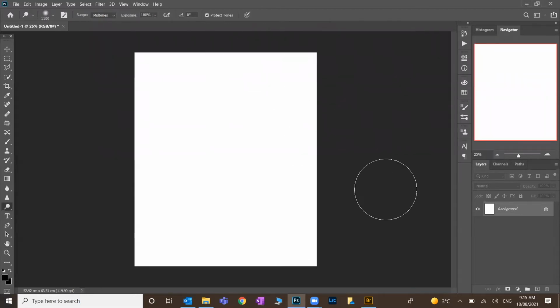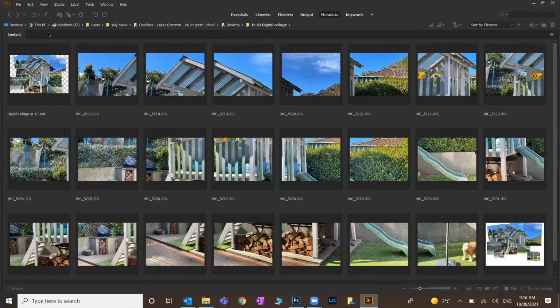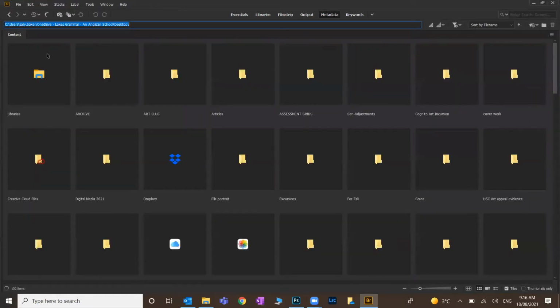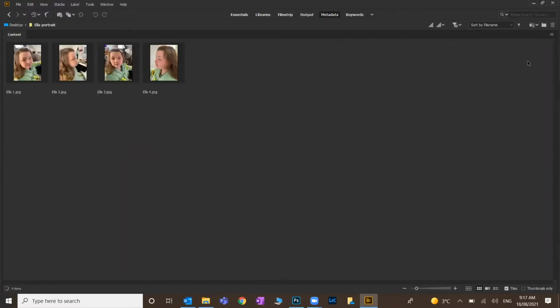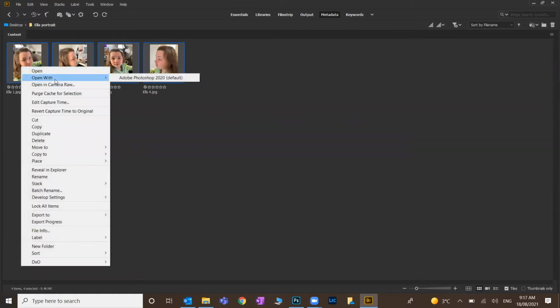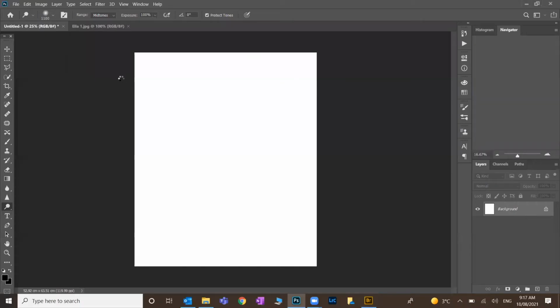So now I'm going to open up the images that I'm going to use to take sections from. So if I go to the bridge, I'm just going to go back to my desktop. Okay, so now I've got Ella Portrait. That's where I've got my images saved. I'm just going to open with Photoshop, right click, open with Photoshop, and then I've got them all to work